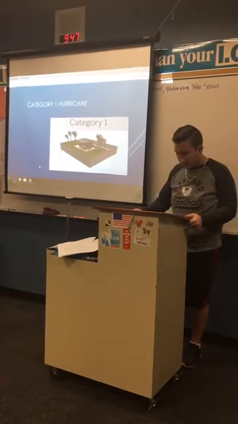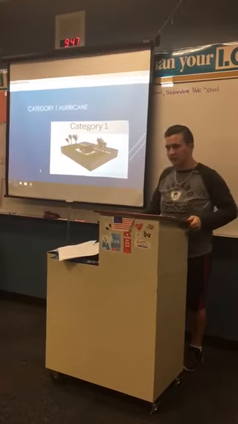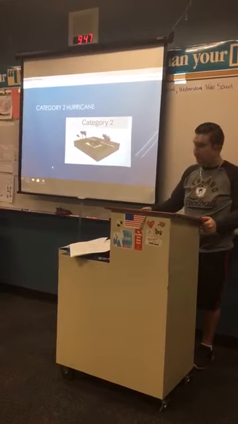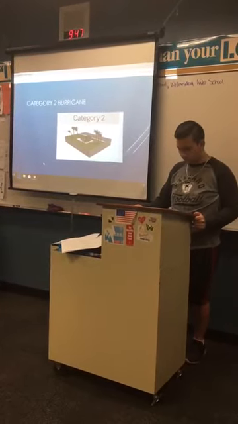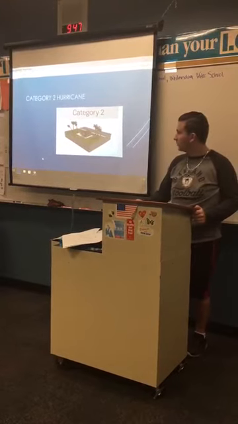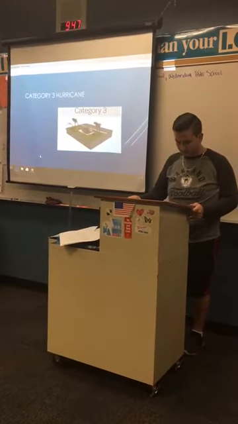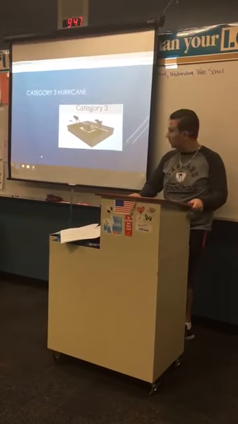And there are 5 categories. A Category 1 hurricane will consist of 74 to 95 mile per hour winds with minor roof damage. A Category 2 hurricane consists of 96 to 110 mile per hour winds with significant property damage and flooding. A Category 3 hurricane will consist of 111 to 130 mile per hour winds with mobile and frame homes